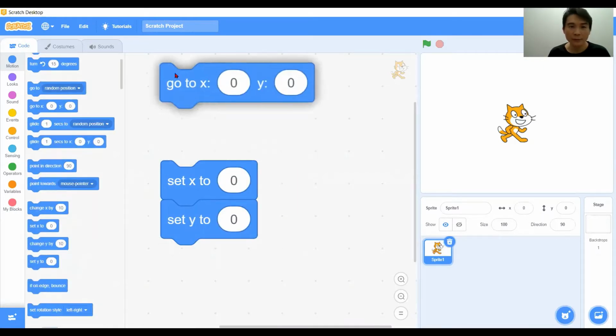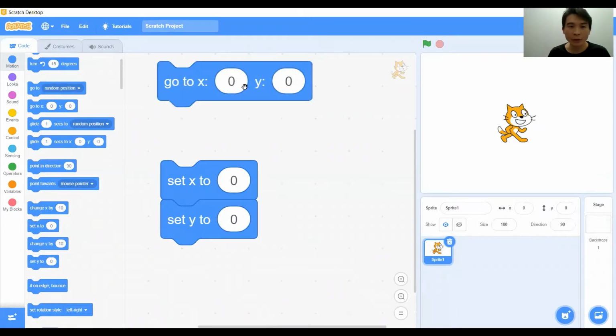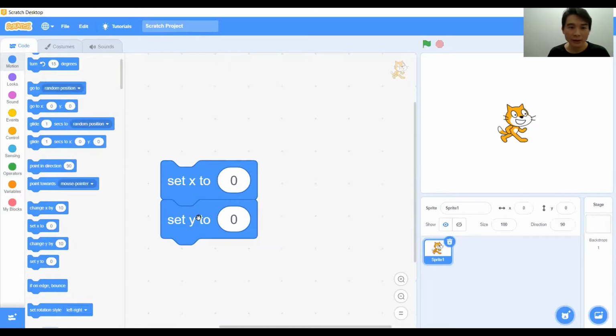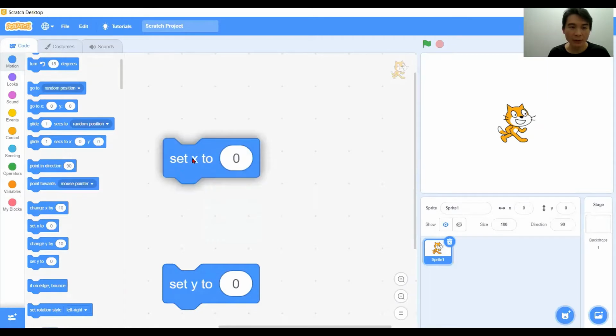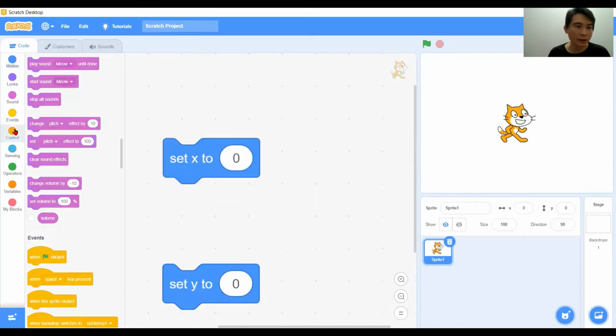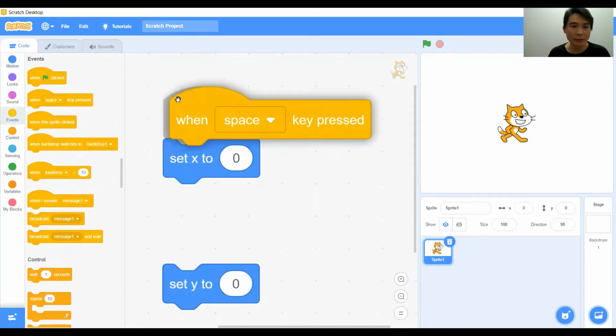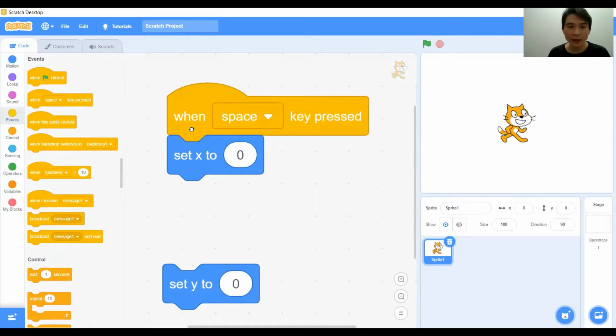go to block. For the go to block, you will set two coordinates, the X and Y locations, all together, but for the set X and set Y, you can set them differently. So now let's see what the difference is between these two blocks. We have the event first, the space key block. We start with the set X